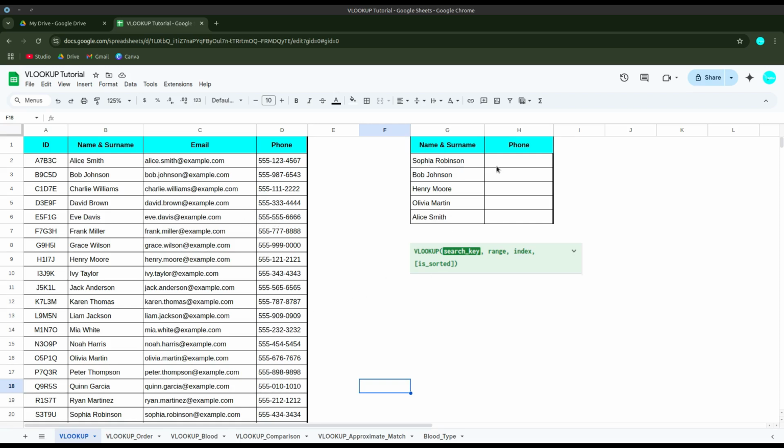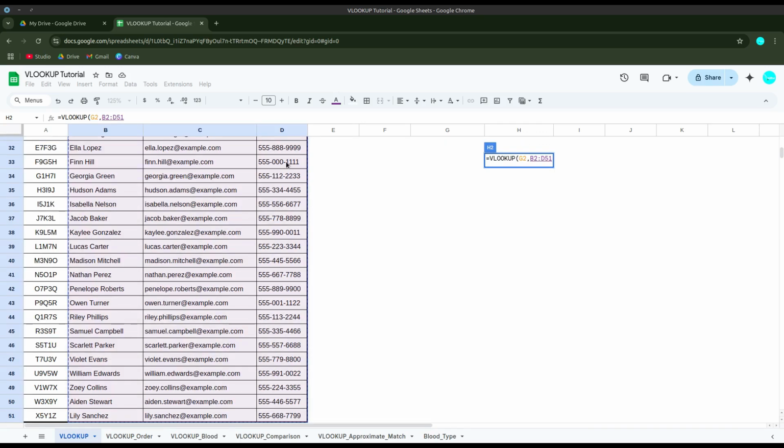So for example, let's start with this Sophia Robinson. We start with an equal sign and type VLOOKUP. The search key is Sophia Robinson here, so it is G2, and then we do a comma, and it's asking for the range, so we have to start with this name column and then go to the right till the phone numbers column and select the entire table, then do a comma,